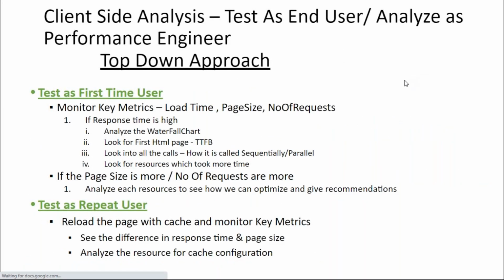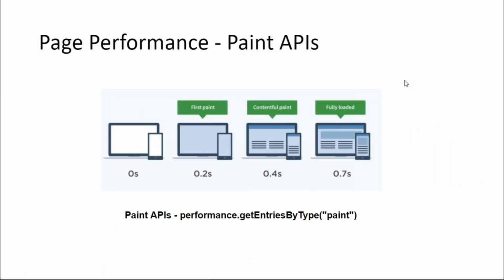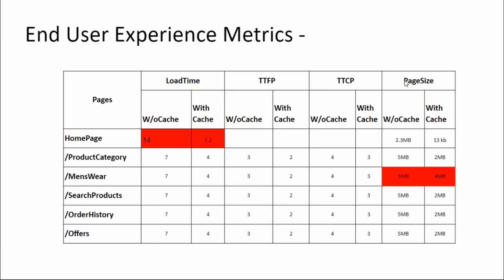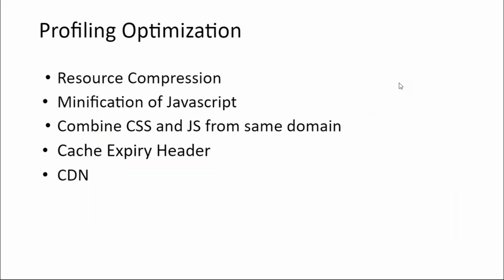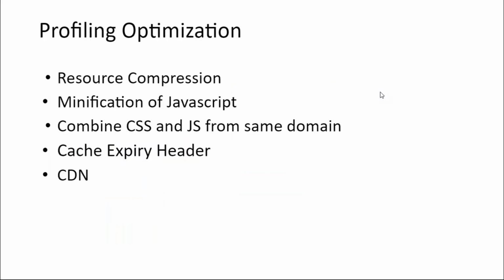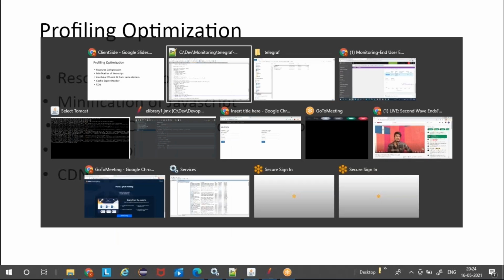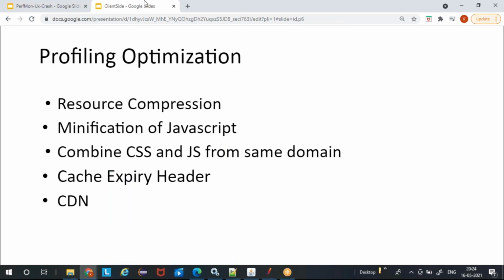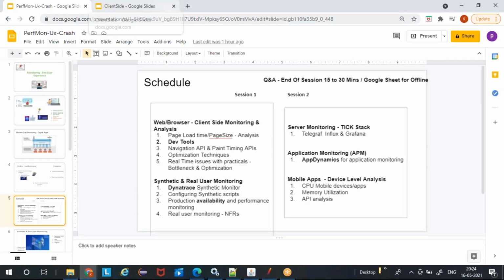How are we going to test as a first time user and repeated user, the paint APIs, the navigation APIs? We are going to capture these metrics from the developer tool by running those JavaScripts and navigation APIs. Then we look into a couple of important optimizations, resource compression, minification of JavaScripts, so that we don't just monitor and test, we can also provide a recommendation to the developer. That is the comprehensive client side profiling we are going to look into,